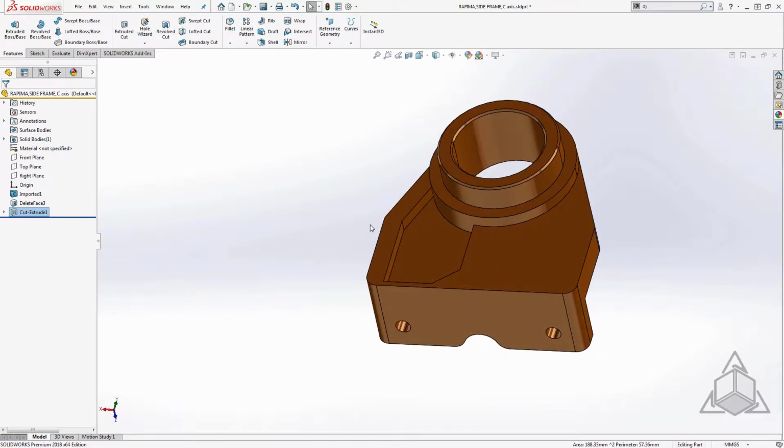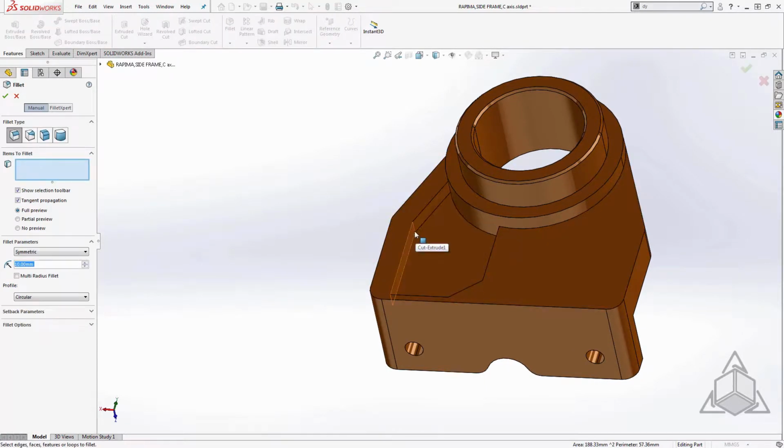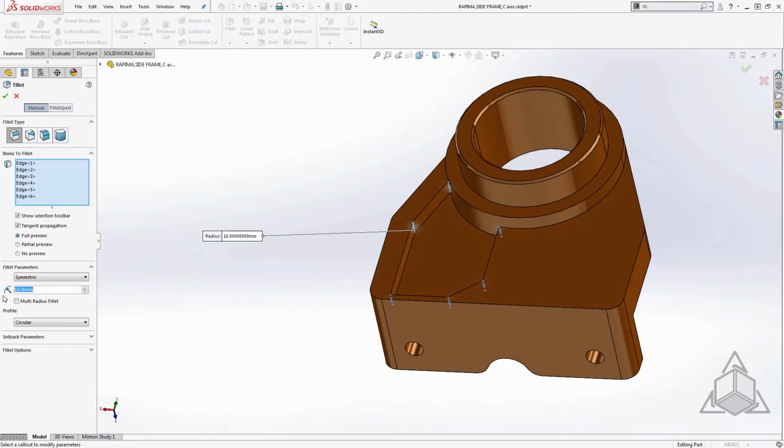Now it's almost complete. Here we just want to add in a couple of fillets. Again, I'll use my S key to select the fillet tool, select one of my edges, and again, slow yourself down to speed yourself up. Don't forget about the filter. These short little edges can be a real nuisance to select, but my first filter picks up all of them for me. We can set the size